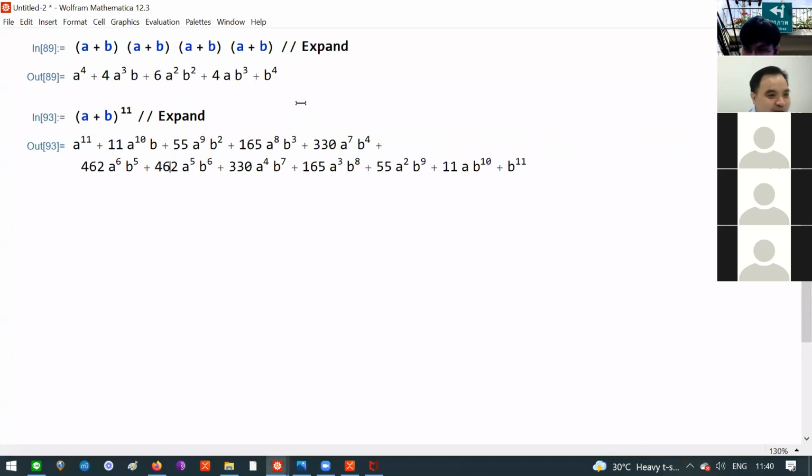So if you think of A as going left, B as going right, these are how many ways can you take 11 of them? Like left, right, right, left, left, right, right, left, with 5 left, 6 right. How many ways are there? 462 ways. And this is something so useful